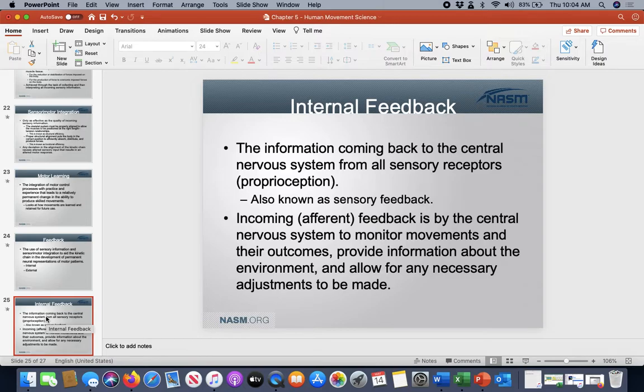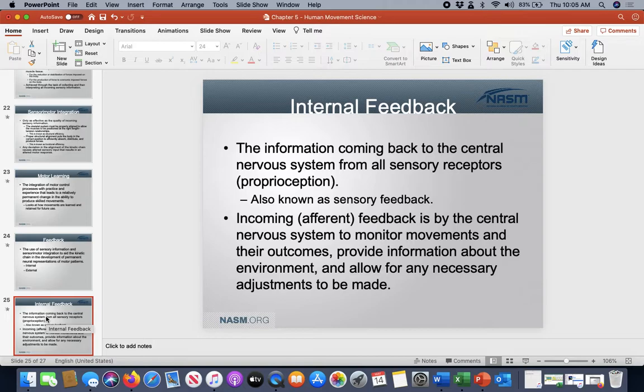All right, so that's there. Incoming feedback is basically taken in by the central nervous system, and then, like it says, to monitor movements and their outcomes. The brain is going to say, oh, well, this is what's going on. Okay, cool. Well, if the brain understands what's going on, it can make the right decision about how to change